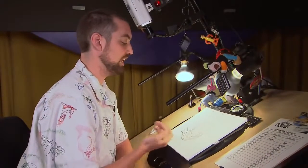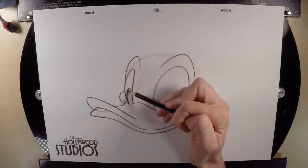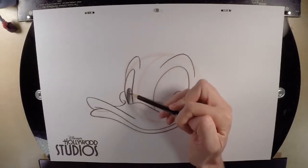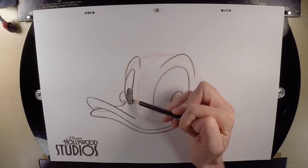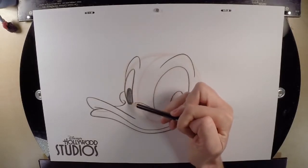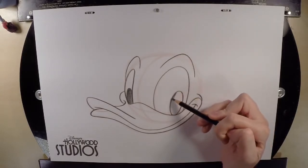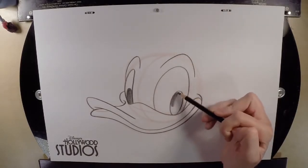Then you turn your pencil aside, use it like a paintbrush, and shade in those pupils. The faster you shade with the side of your pencil, the more even your surface. You really don't ever want to use the tip of your pencil to shade. The only thing that'll do is frustrate you, take you forever, look really bad when you're done, break your pencil, and give you carpal tunnel. So if you want to avoid all that stuff, just use the side of your pencil and shade really, really